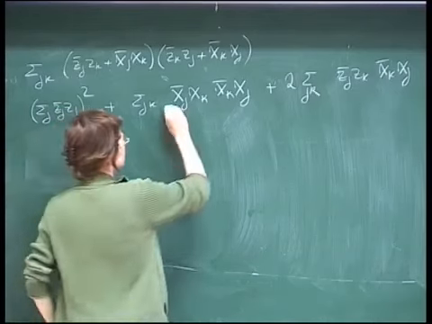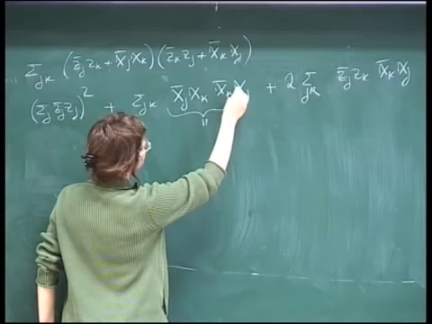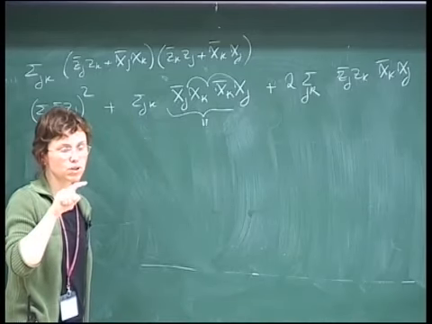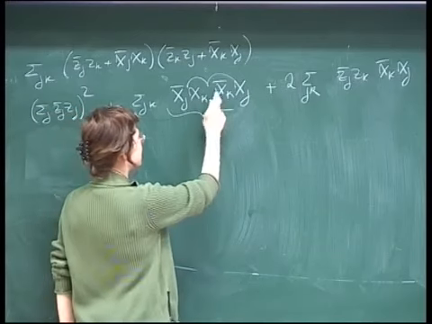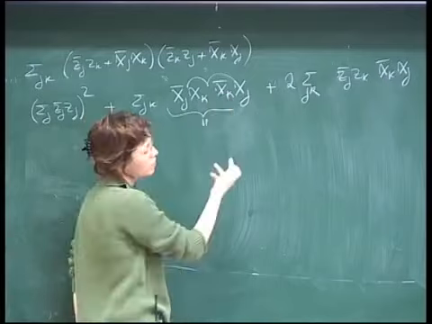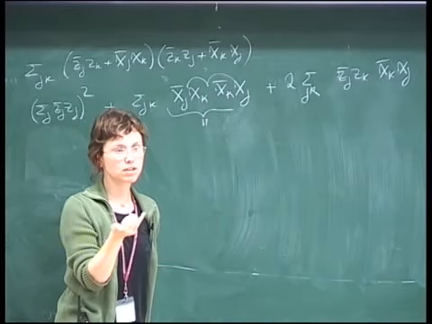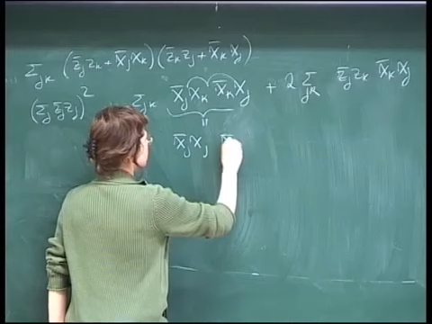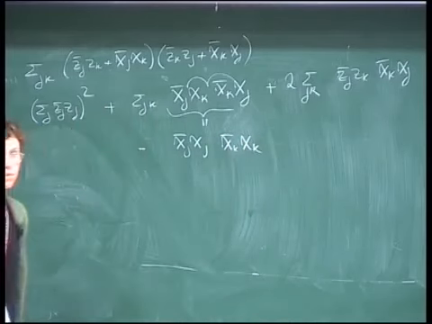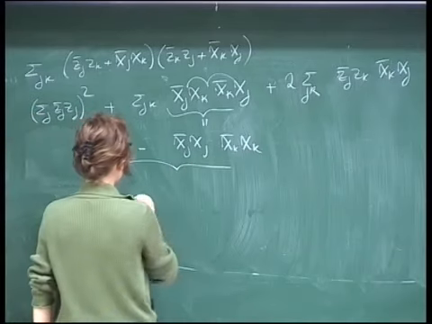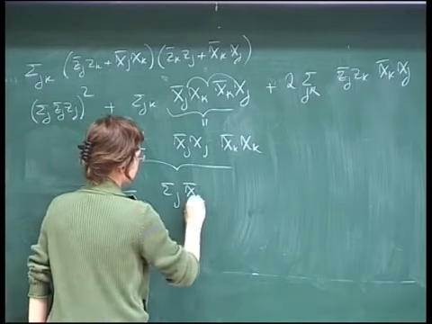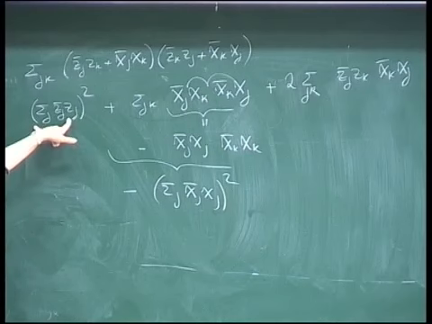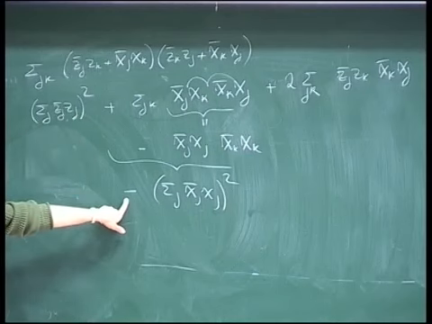Let's see. Here I can move the chi j next to chi bar. There are 2 jumps, so I have minus 1 squared. And finally here I have chi bar. If I want to have chi bar chi, I have to change sign. So this is minus. So this term is minus. So you see that's just like this term but with a minus sign because we have fermions.